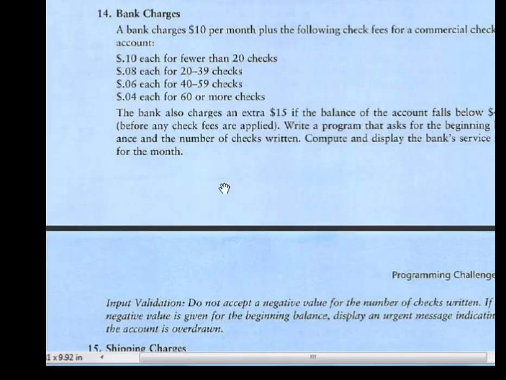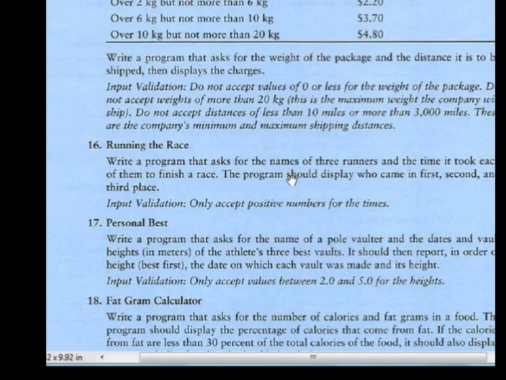एंड थर्ड वन वाज रनिंग द रेस, प्रोग्राम चैलेंज नंबर 16। नाउ दिस वन इज इंटरेस्टिंग। राइट अ प्रोग्राम दैट आस्क्स फॉर द नेम ऑफ 3 रनर्स। तो ये जो नाम होंगे ये आपने स्ट्रिंग्स के तौर पे सेव करने हैं, और नामों में चूँकि स्पेसेस भी आ सकती हैं तो मेक श्योर दैट यू यूज़ गेट लाइन टू इनपुट नेम्स, जो सिंटेक्स हमने देखा हुआ है क्लास में। और बेसिकली हर रनर का नाम लेना है और उसके साथ उसको रेस ख़त्म करने में कितना टाइम लगा है, कोई डिस्टेंस कवर करने में कितना टाइम लगा है वो लेना है। तो टोटल 6 इनपुट्स होंगी और प्रोग्राम शुड डिस्प्ले हु केम इन फर्स्ट, सेकंड एंड थर्ड प्लेस।